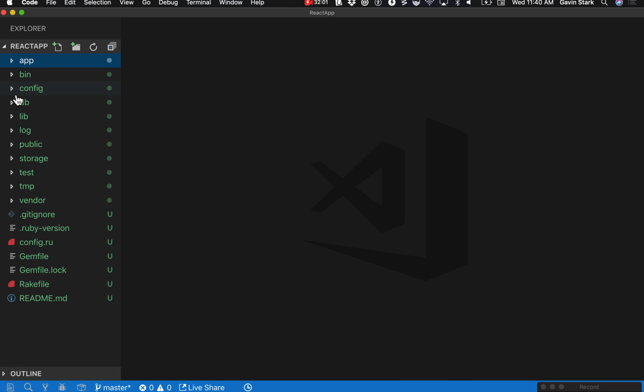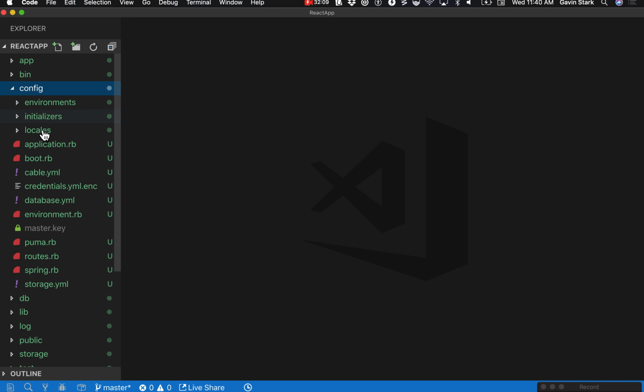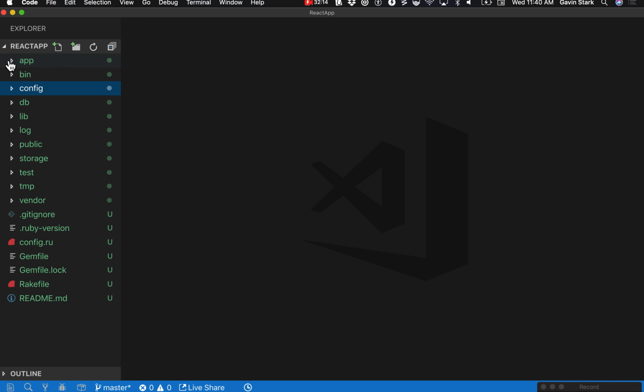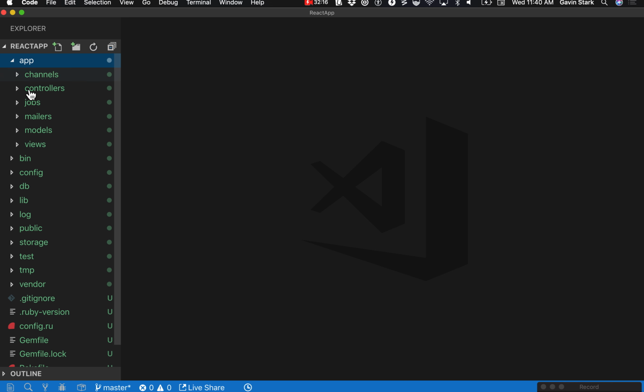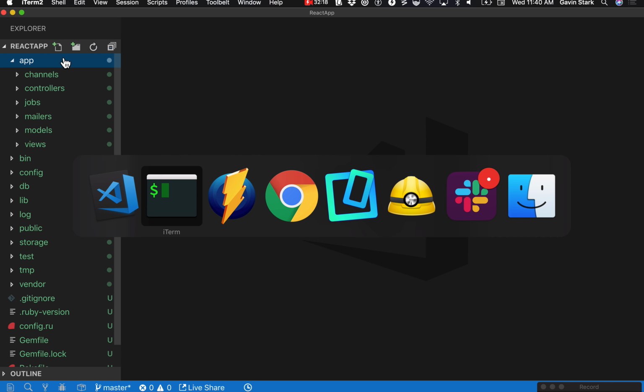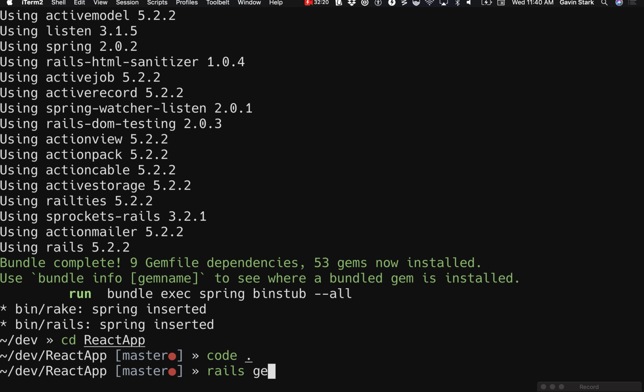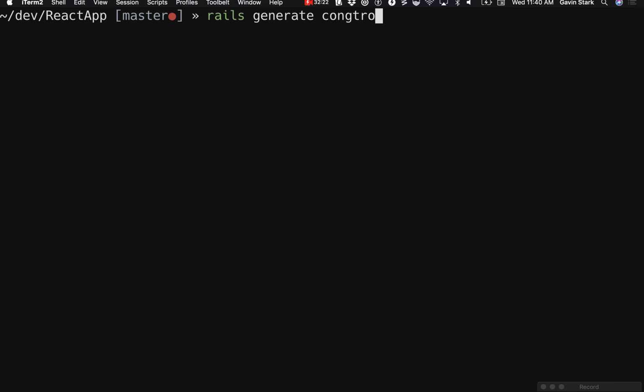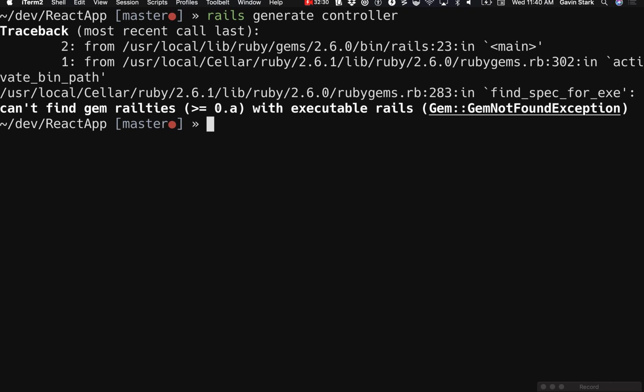So our Rails application is kind of the same thing. It's going to generate a lot of configuration for us out of the box. Some of the same ideas in terms of if you want to go in and change how your Rails application works, we have to dig into some of these configuration files. But for the most part, as developers, we stay up here in this app folder. And Mark's program generated some things in his controller. This is a place where I think you were asking me about documentation. If we want to make a new controller,